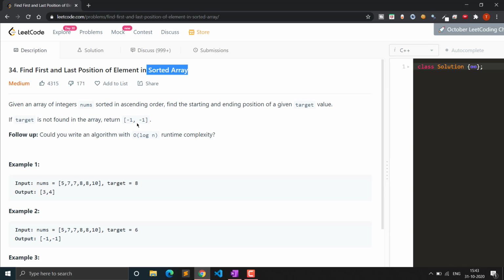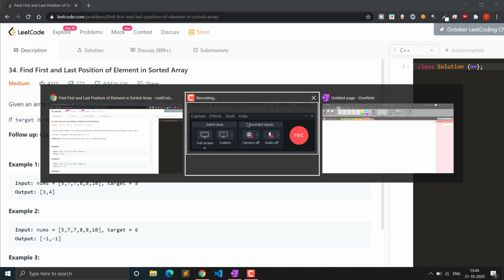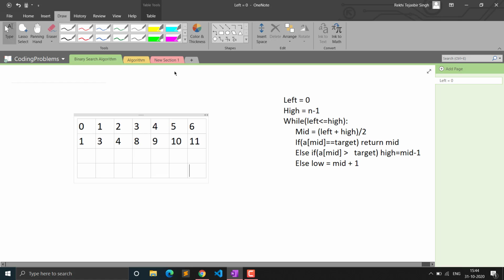If in an interview you are asked this question, you will simply tell them that you will do a linear search, first of all the basic naive approach. Then they will ask you to optimize the approach. Then using the sorted property, you can think of a solution which will use binary search, because let's see the example also. As you know, binary search is applied only on sorted arrays. It can be applied on unsorted also, but that will be a bit tougher. So the basic constraint for binary search is applying it to a sorted array.